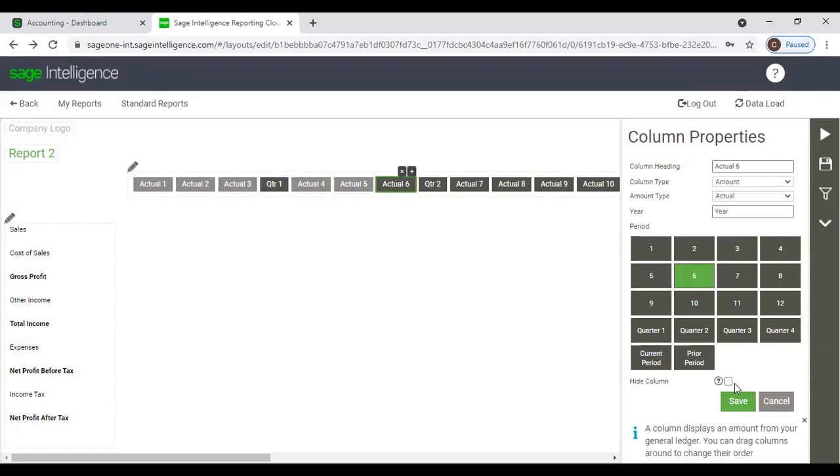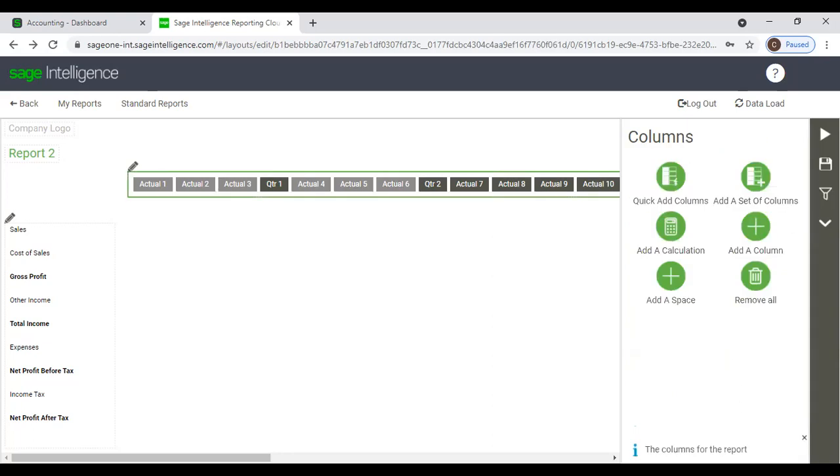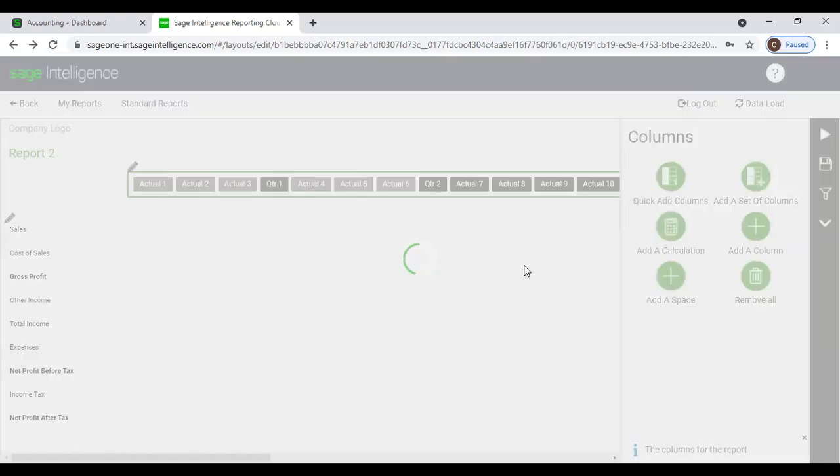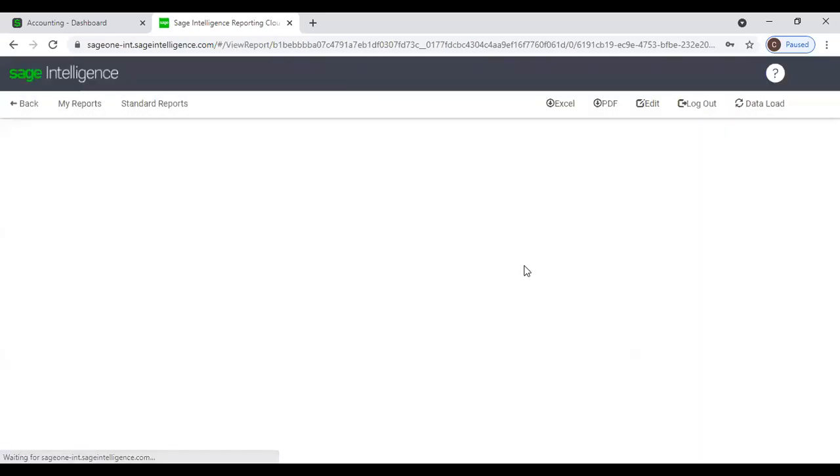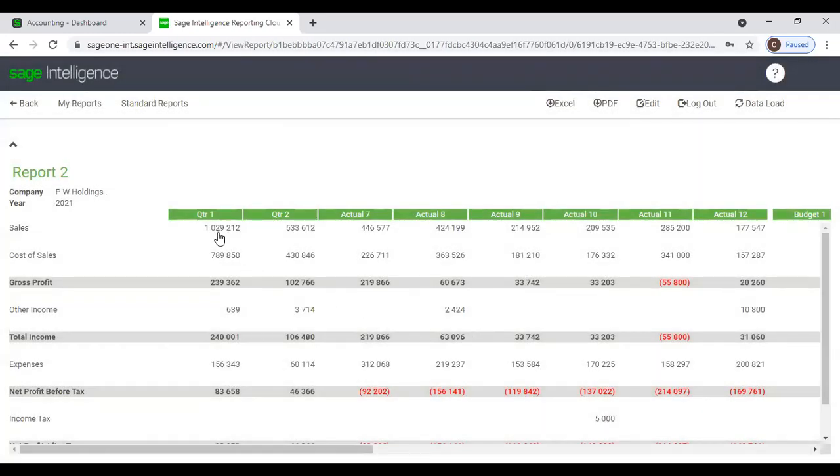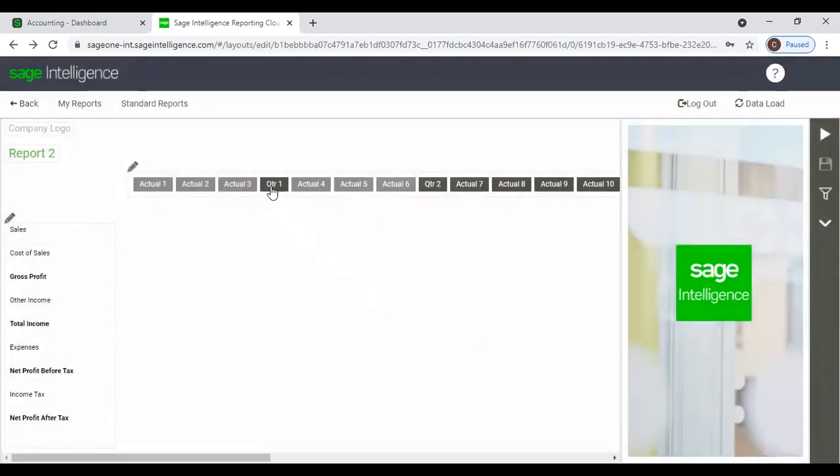If you hide those columns, that column color will change. Save, run. Right, now you can see Q1, Q2, and other columns we haven't given calculations. Right, now assume you want to